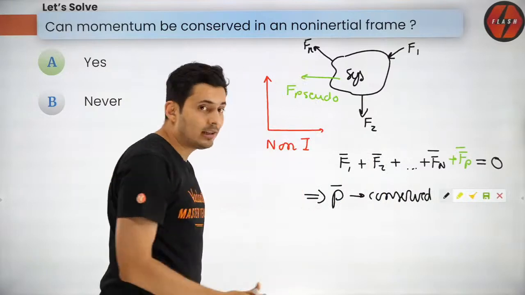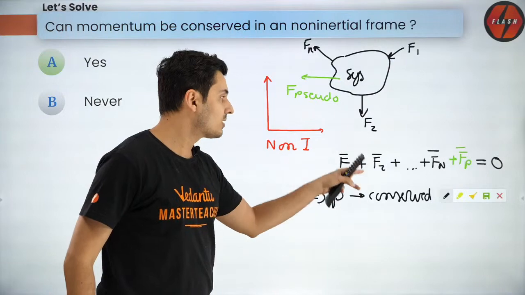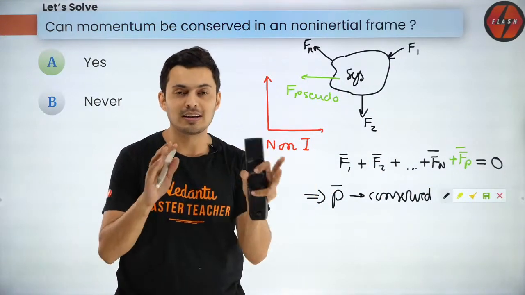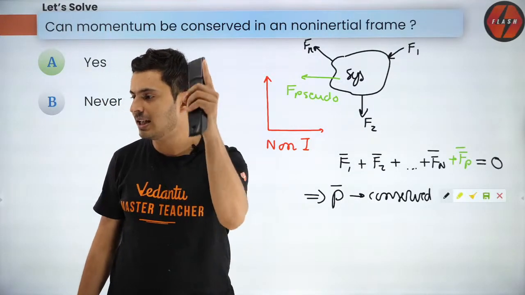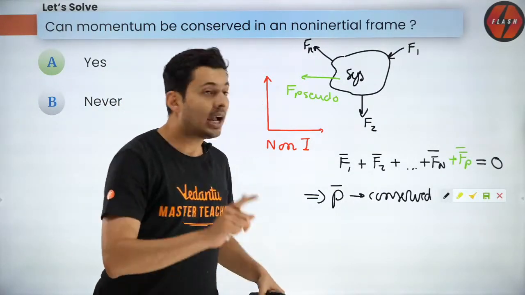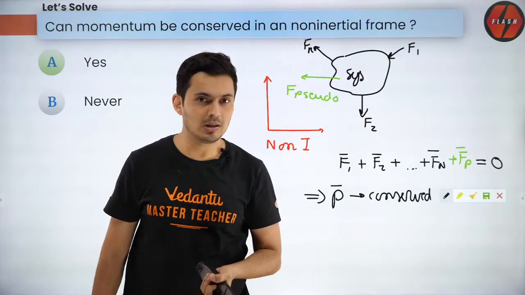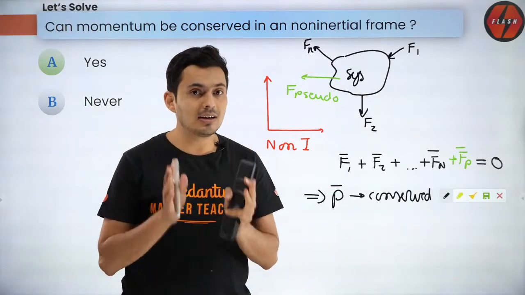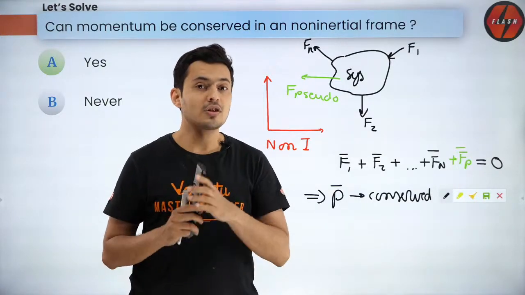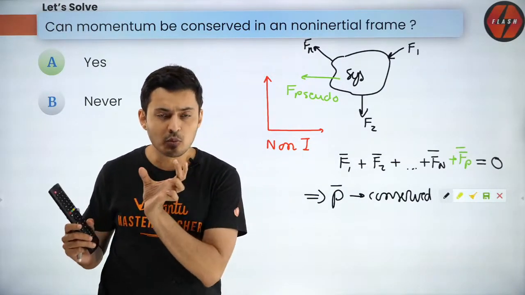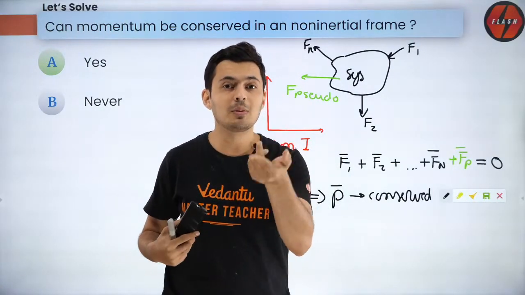Understand that? The total momentum will be conserved only if the net force, including the pseudo force, is 0. I hope you get this point. Alright, so remember that. Very good. Many people have got the answer, and somebody, Sneha or Neha, said that momentum does not depend on the frame. Let me correct you: momentum does depend on the frame of reference, because velocity is a frame-dependent entity. When you change the frame of reference, let's say you move with the speed of a bullet, then for you the bullet will be at rest, and the momentum of the bullet will be 0.